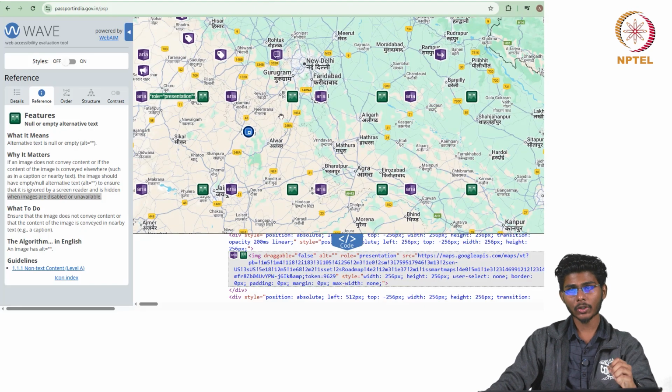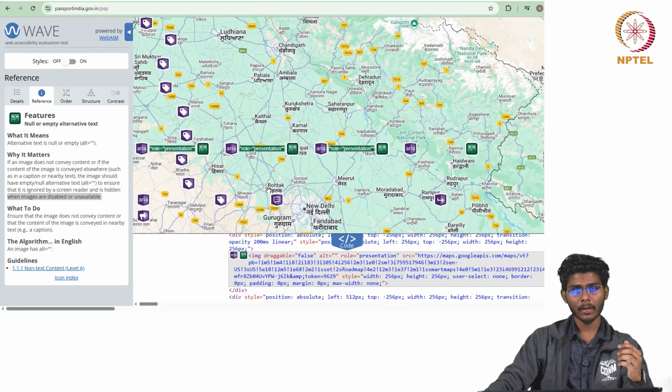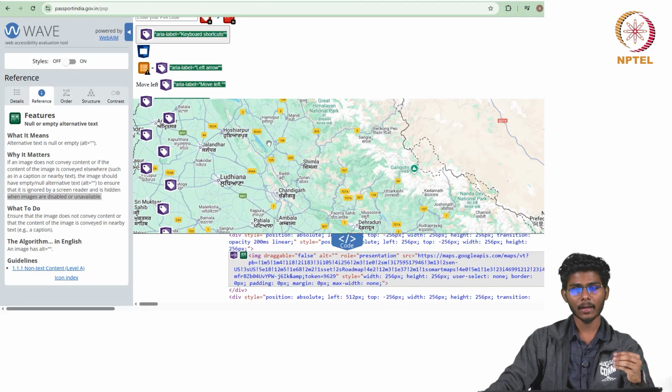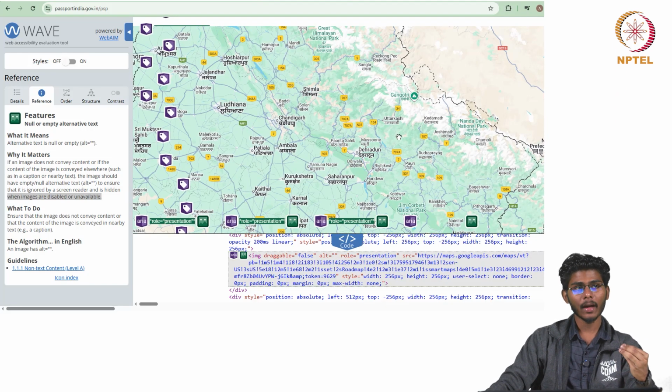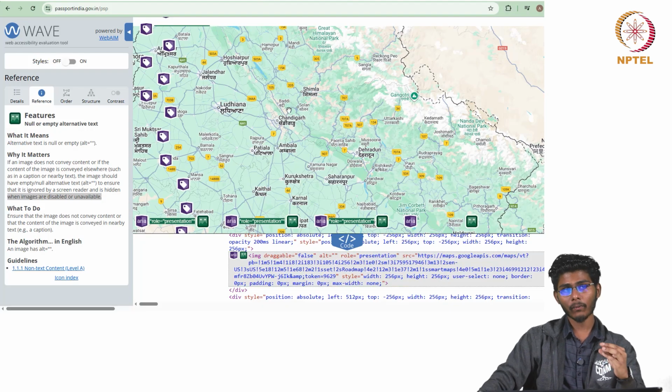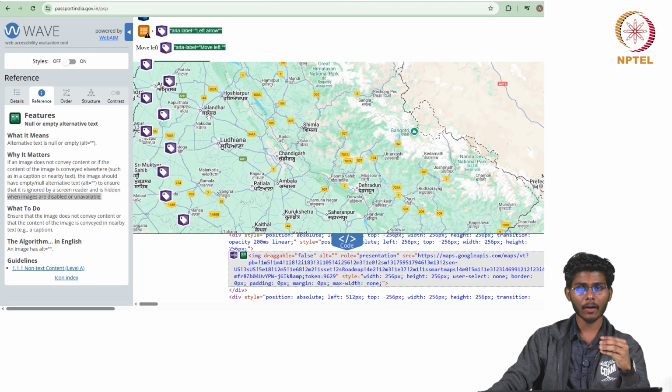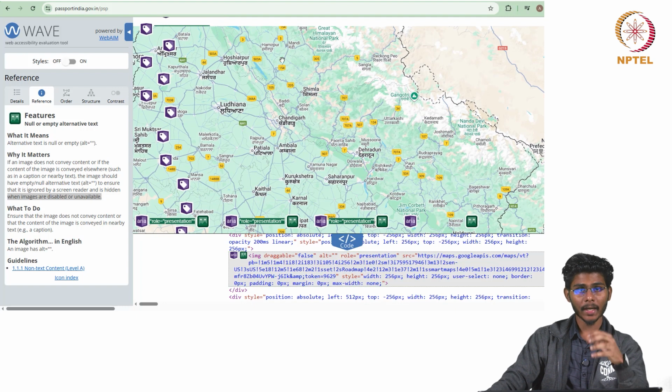We shouldn't use a null alt attribute in the content part, but we can use it in the necessary part, where we want the screen reader not to read that part. As I told, we don't need to read every content here in the map, for example Shimla, Chandigarh and Ambala, etc.